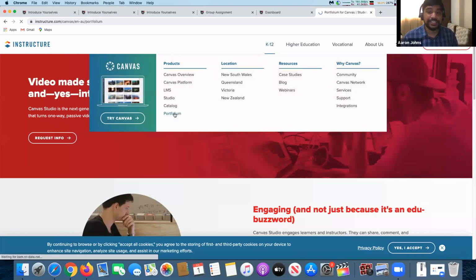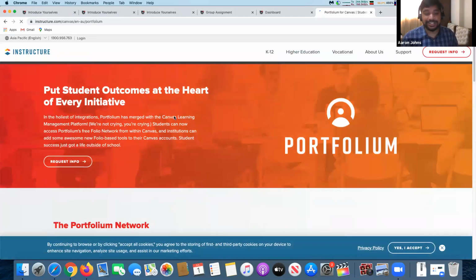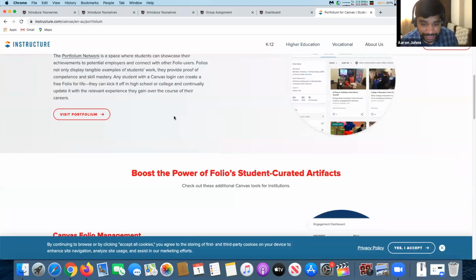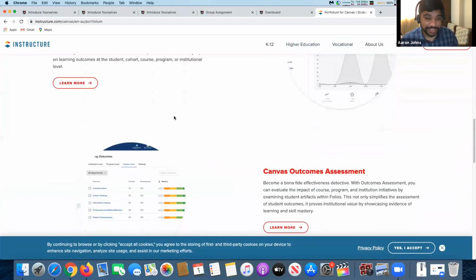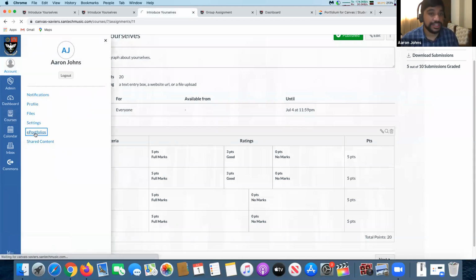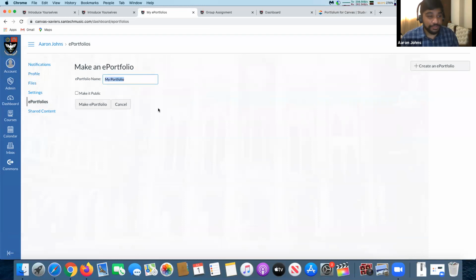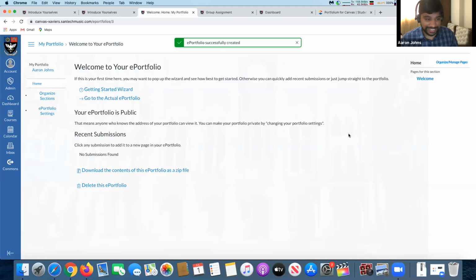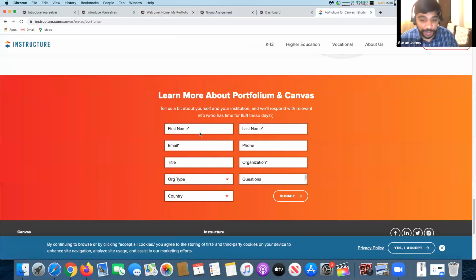And even portfolios. Now your students who graduated can have portfolios based on what they did over the years in your college, and you can showcase them using this portfolio. And by the way, even the open source version does have a portfolio. So students can actually keep portfolios of themselves on it. So you have no problems with that. They can share this with employers, they can share it with different people. You can even put it up on your website. You have so many things you can do with it, but it's all hosted within your own Canvas. But over here, this is the more pro edition which they give you.